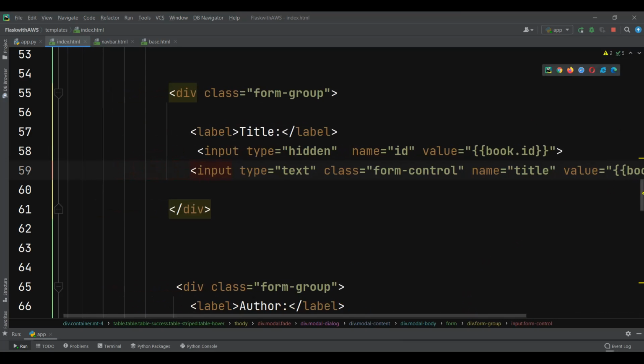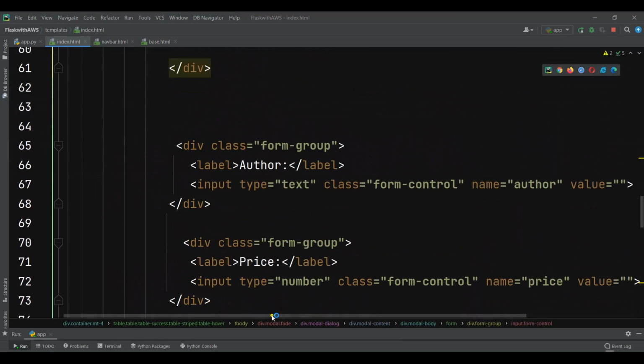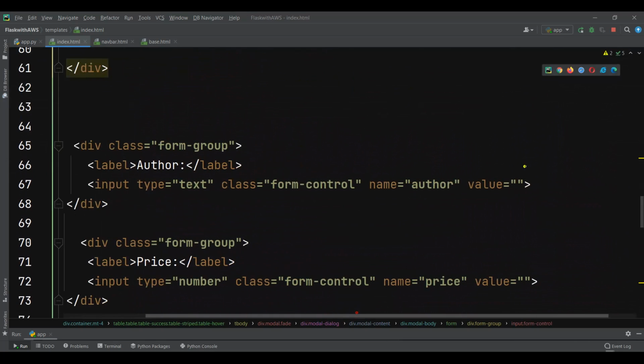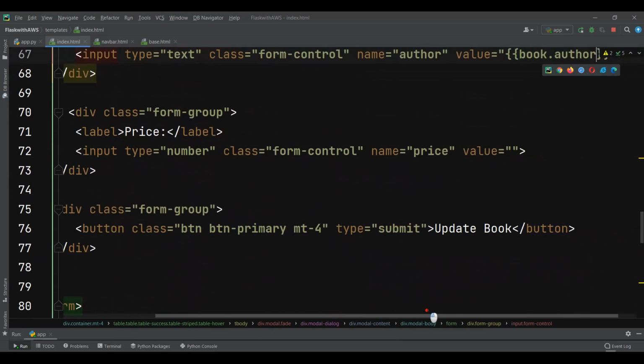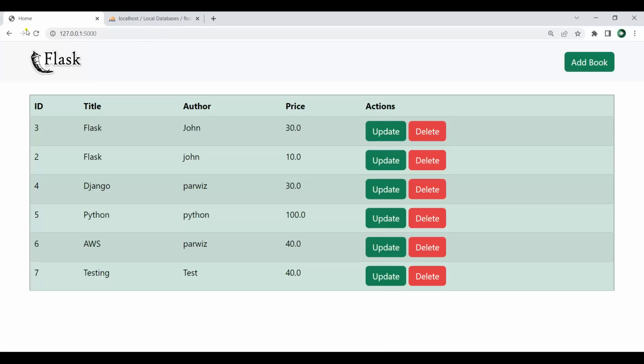And we can just come down, we have author, and for the author we also need the value, so I can just say book.author, and also for the price we should give value book.price. So now if I just save it, and if I go here and click on update,